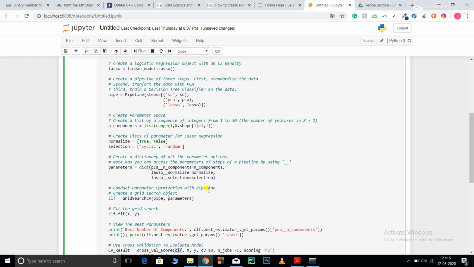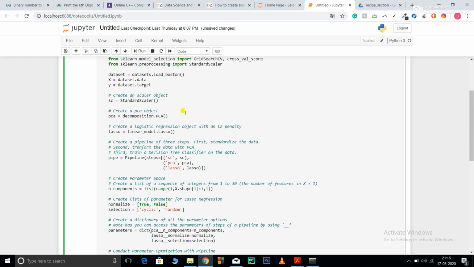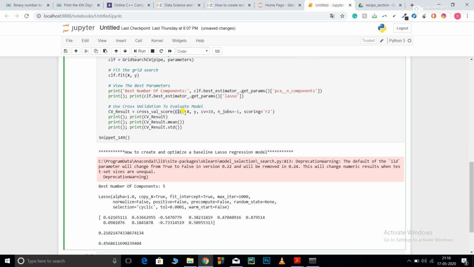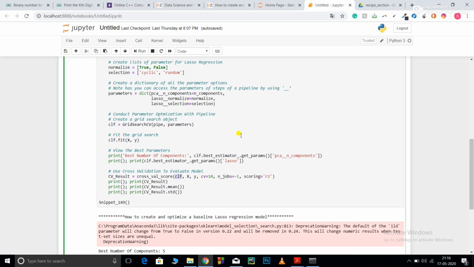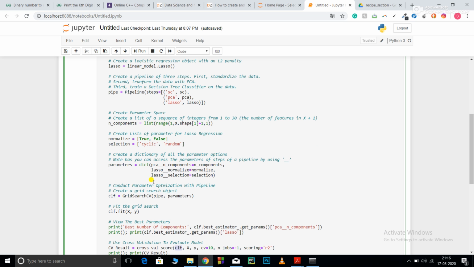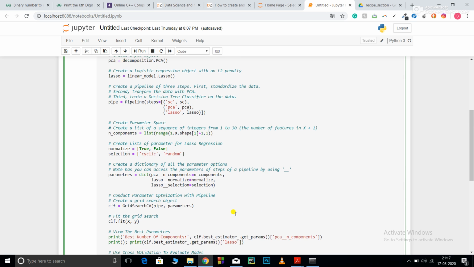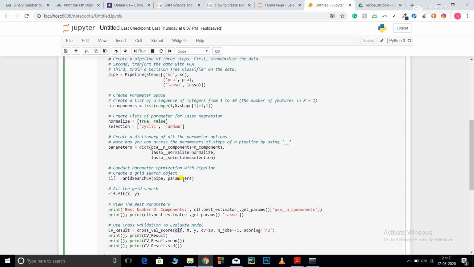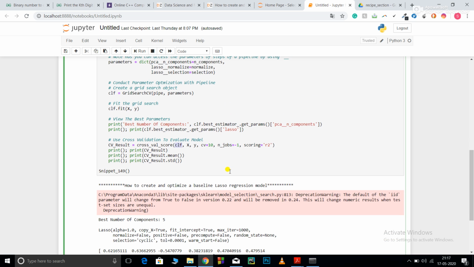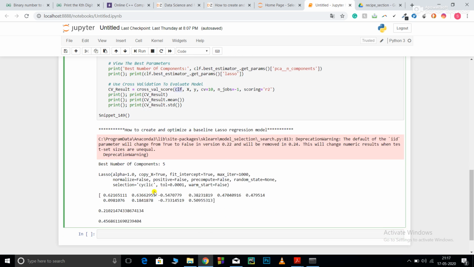Now suppose my Boston dataset contains 20 columns. After that, for PCA decomposition, it tells me to select 5 components. So for PCA decomposition, you also need to pass the total number of components. Now suppose you want 20 components to be decomposed into 7, you can pass n_components 7. Here I have performed grid search CV on PCA as well, so it will give me the best number of components. After that, it has given me the best parameters for my lasso.